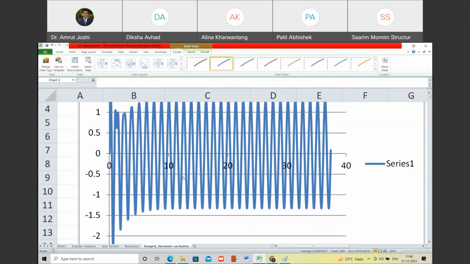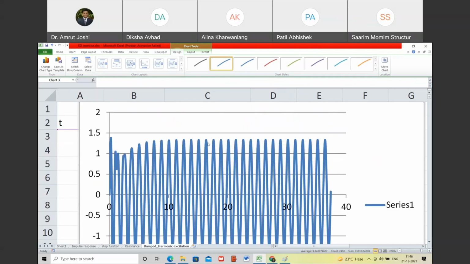So up to where is the transient response prevalent? So you can see up to 5 seconds or 6 seconds. Up to here, transient response is dominant. But after that, it is a harmonic response. So harmonically driven systems do produce harmonic responses at large times when the transient responses decay down. Are you with me? This is the first observation. These are all remarks that we are making by looking at this system, harmonically driven system.